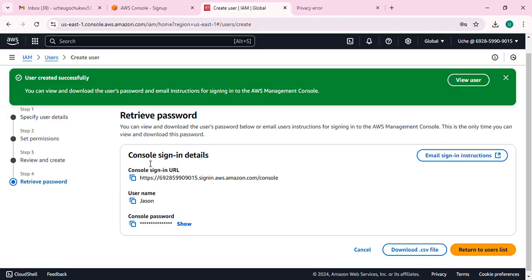So you have this user now. We have a new user, the name is Jason, and here is the password, and this is the username. Now this is the unique ID right here. You can use it to sign in. Okay, so what you can do is you click on this button to download a CSV file containing this information,